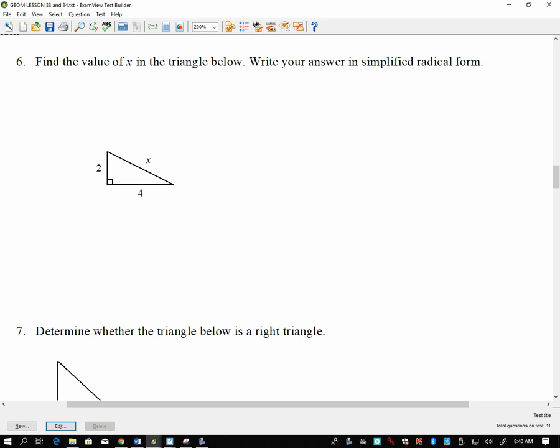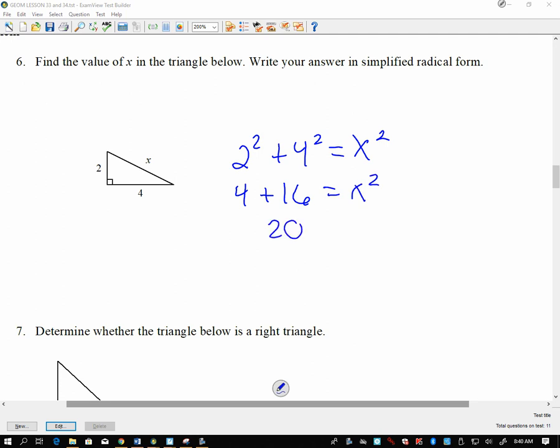What am I going to do there? Pythagorean theorem. So 2 squared plus 4 squared equals x squared, right? So 2 squared is 4. 20 equals x squared. What do I want to do with 20? Square root it, right? So yeah, we can get 2 and 10. We can get 2 and 5. So the simplified radical form of this is,